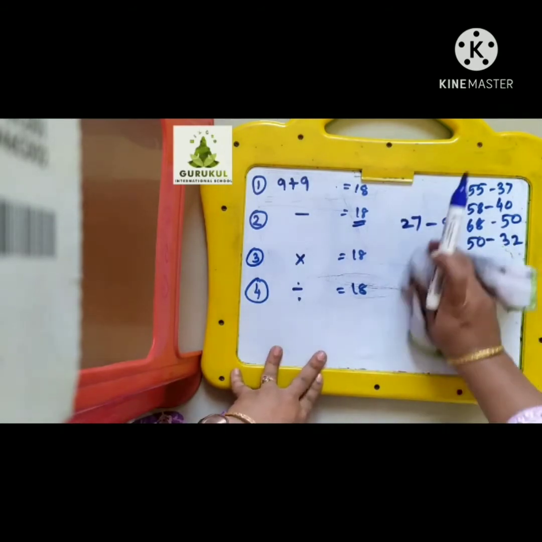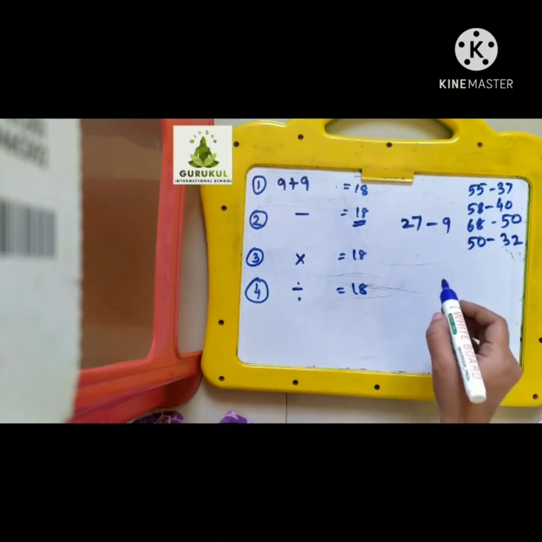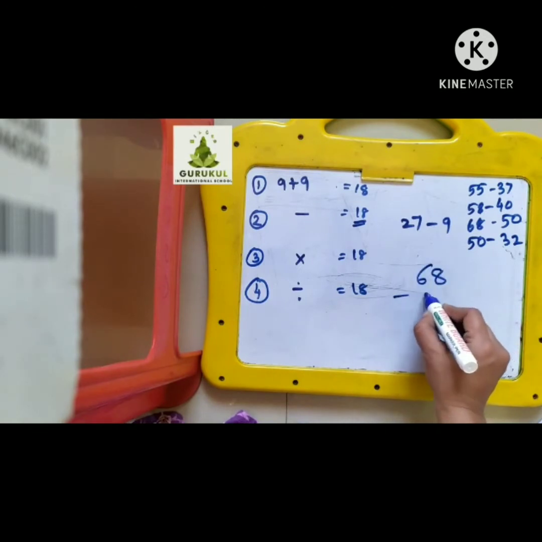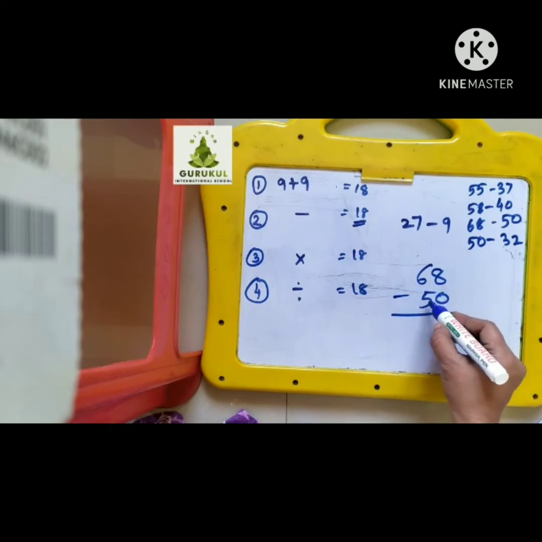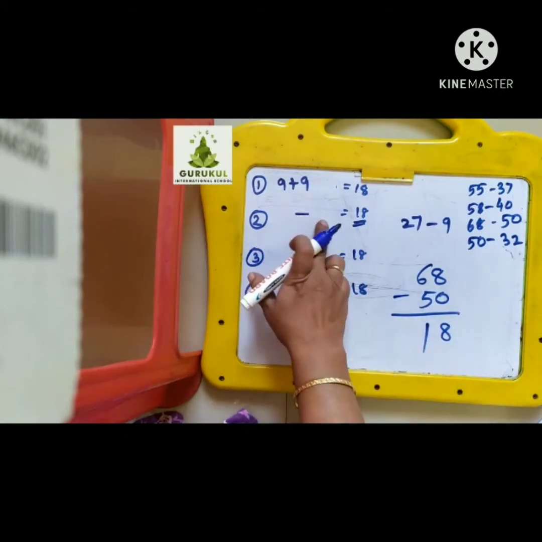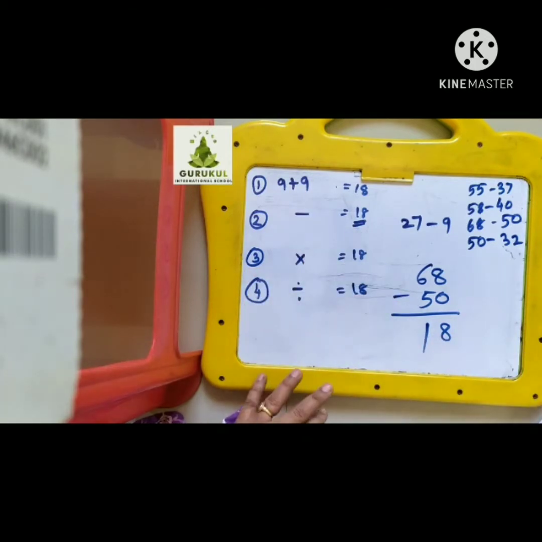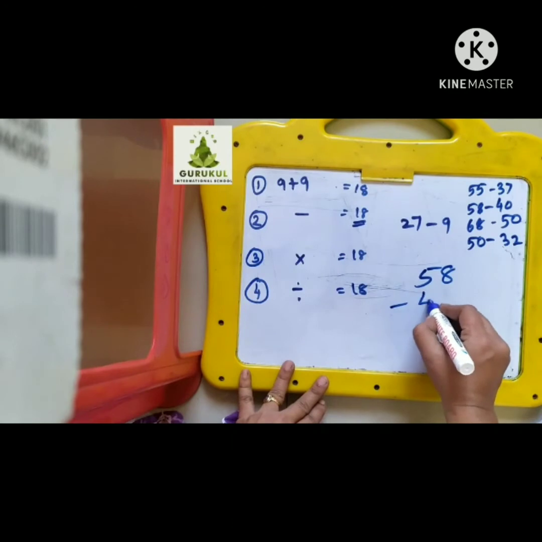Now you do this subtraction and you will come to know that all the numbers when getting subtracted are giving you the answer as 18. For example, see, I do 68 minus 50. 8 minus 0 I get 8, 6 minus 5 I get 1. I get the answer 18. Okay, so I can choose these 2 numbers, or for example, I say 58 minus 40.